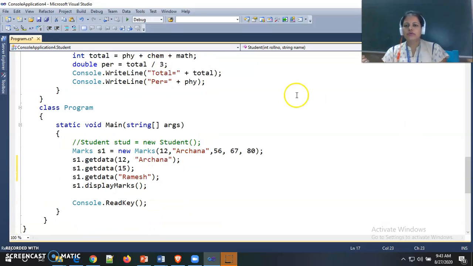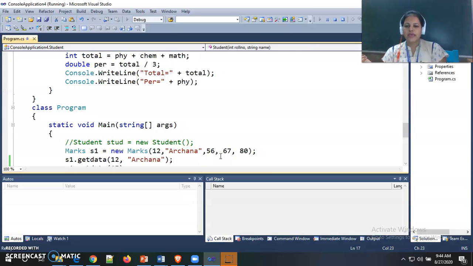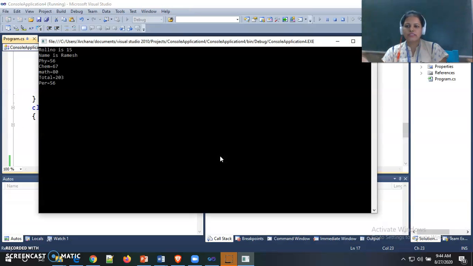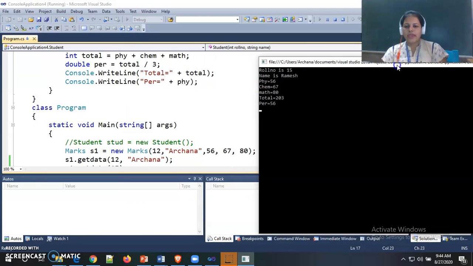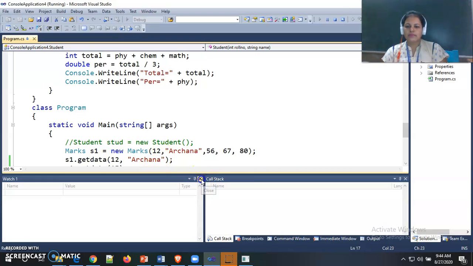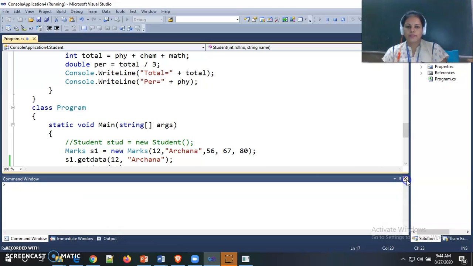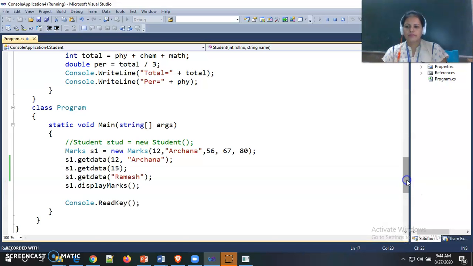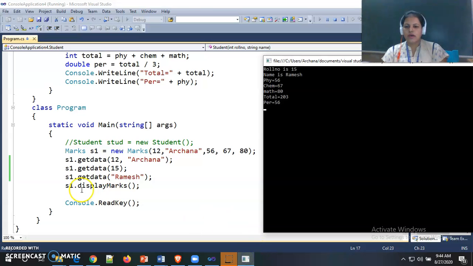There is no need to get output here, but let us see what the output is. With this statement, the parameters go to the respective data members, and my object is initialized. First, my object is initialized with these values, then I call get data. Again the roll number and name values are the same.